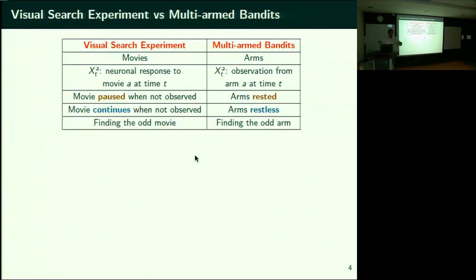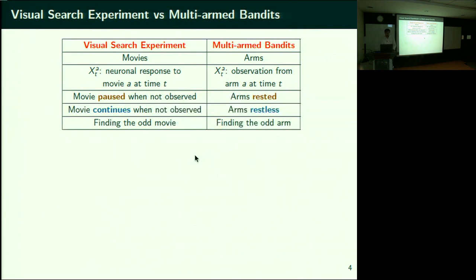It means the states of all the arms are frozen till you come back and observe them again. If the movies keep continuing to change, it's called the setting of restless arms. The arms are restless: when we say arms are restless, arms are continuously changing their states whether or not you observe them.